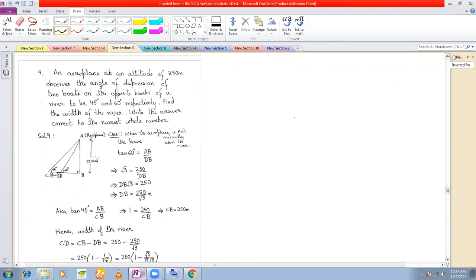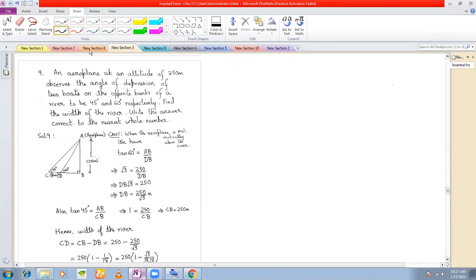Now this problem is a little tricky, in the sense that you don't know where the aeroplane is. Suppose there's a river and the aeroplane is flying over it. Now you can assume two things: either the aeroplane is directly over the river, over the waters of the river, or it has already crossed the river and it is over land, but you can see the river from the aeroplane. So, what are the two possibilities that arise here?